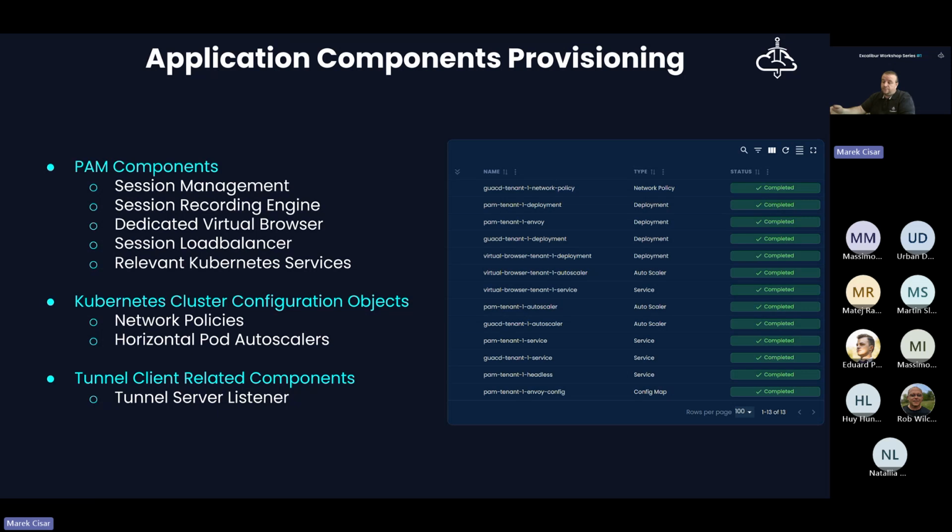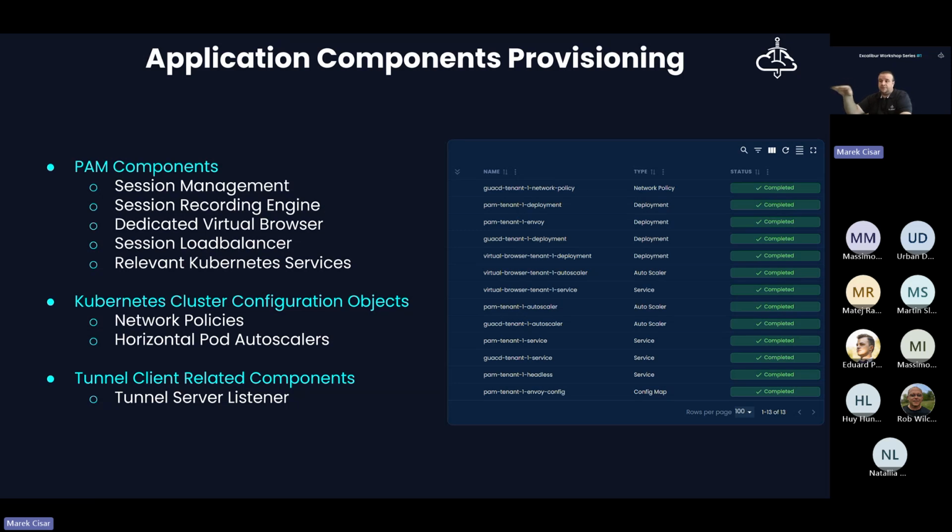Then, when we need to automatically scale the possibility to provide more users with PAM sessions, we need to talk about the session load balancer. If there is some kind of peak of requests to start new PAM sessions, then we usually spawn a new session recording engine, and then we need to somehow load balance the requests between the existing one and the new one.